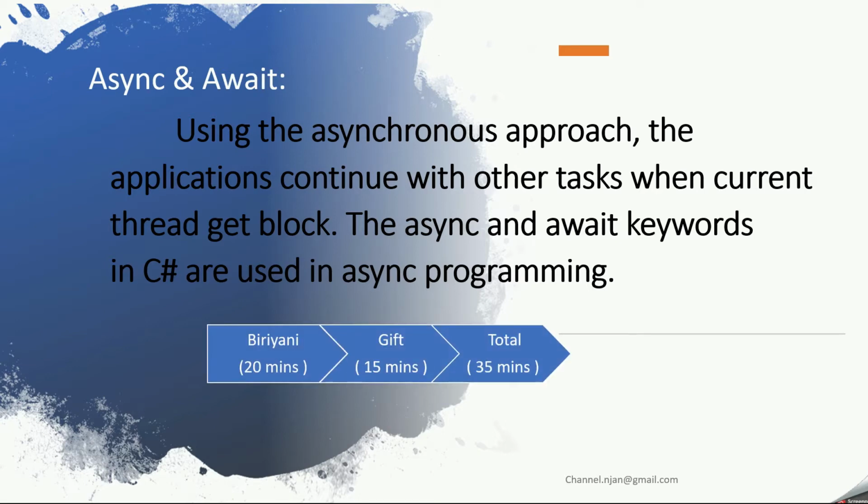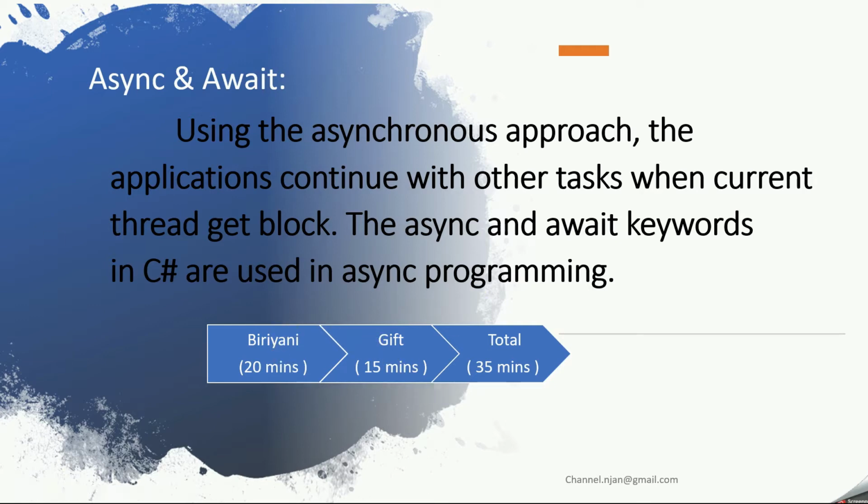So this is what you spend. First you waited for the biryani to get ready, then you bought your gift. In total, 35 minutes for this task. You have to understand here that in those 20 minutes you did nothing, you just ordered it. You are not going to prepare it. In the middle of that time someone else is doing the task, and you just hold your task and wait for it. So this is a synchronous process: once the first one completes, only then the next one starts. But there is no need for a synchronous process here.